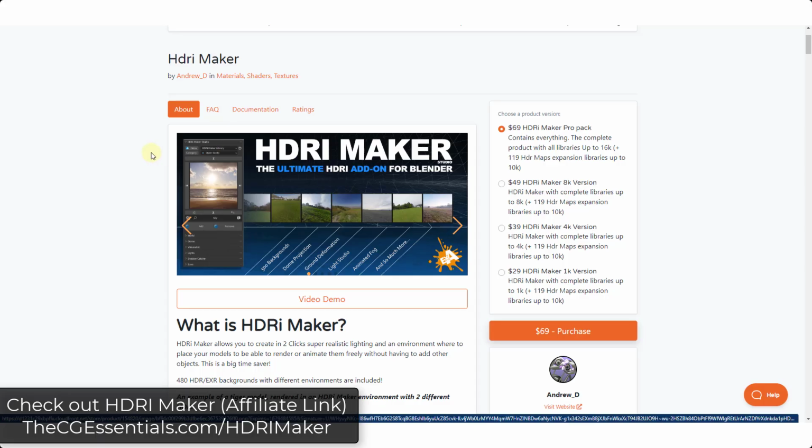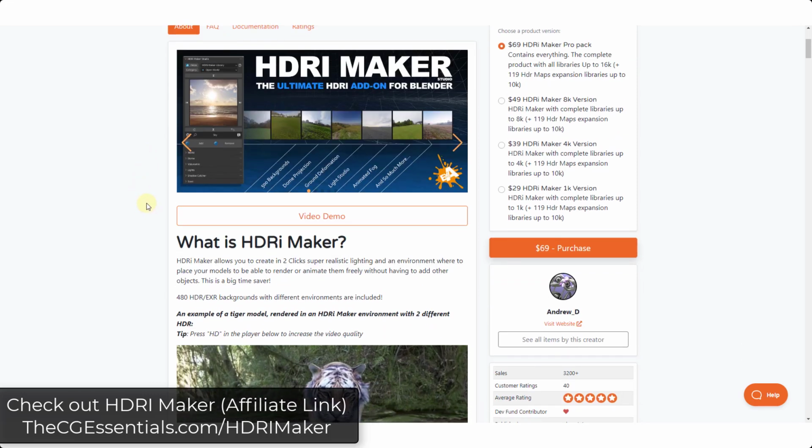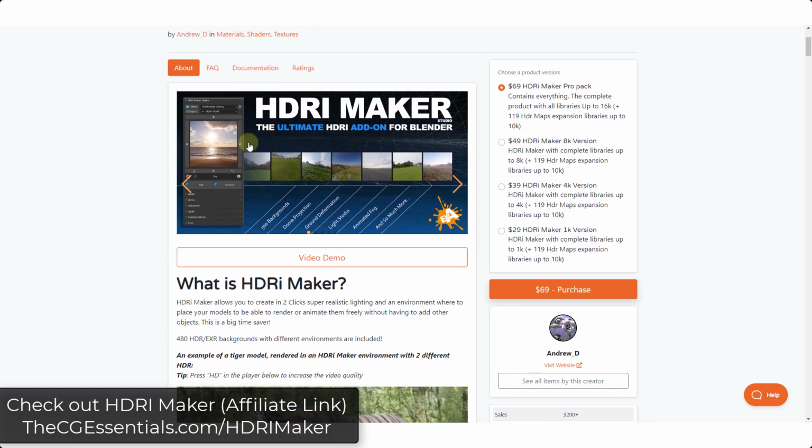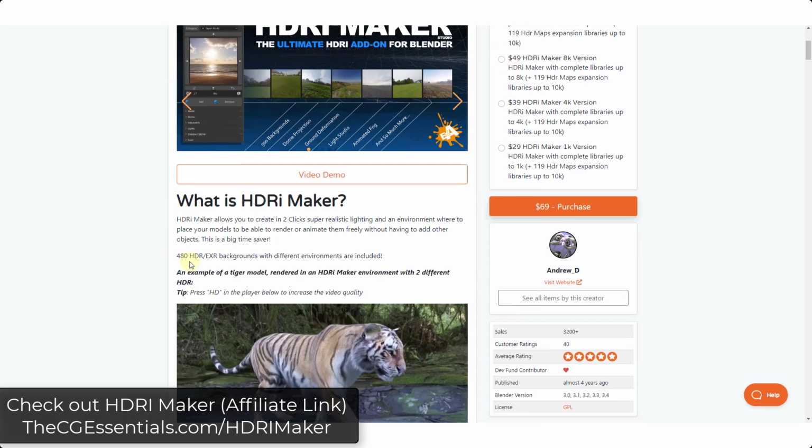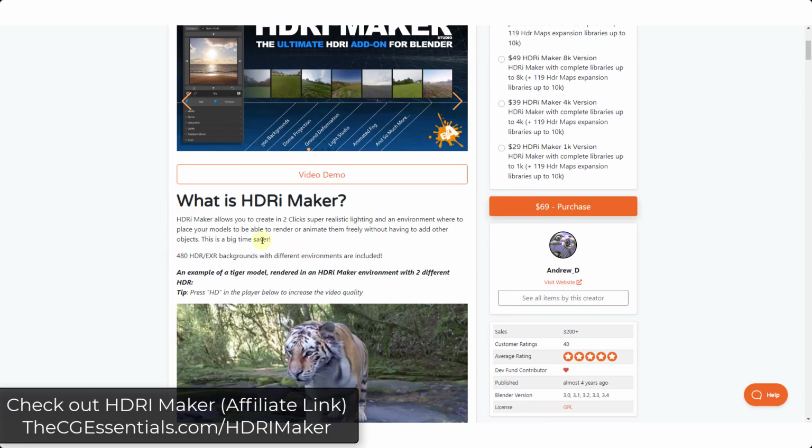Alright, so HDRI Maker is a tool that automates the HDRI setup inside of Blender. So instead of you having to mess around with a bunch of nodes or anything like that, this is going to automate that process. Now, not only will it automate the process of creating HDRI backgrounds, which can definitely be